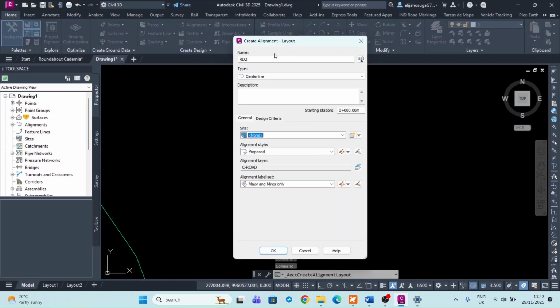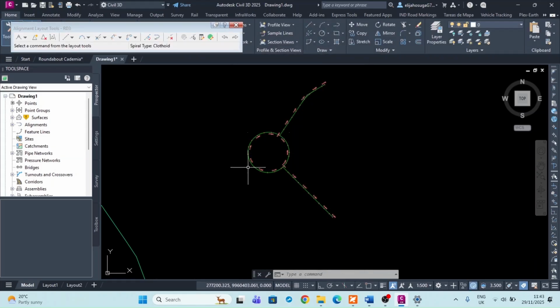And then I create another alignment. This one is road 3. The type is a centerline alignment. It's a proposed style, major and minor, which is okay. So I put it at the opposite side of this other alignment. Put this tangent, so we're not worried about